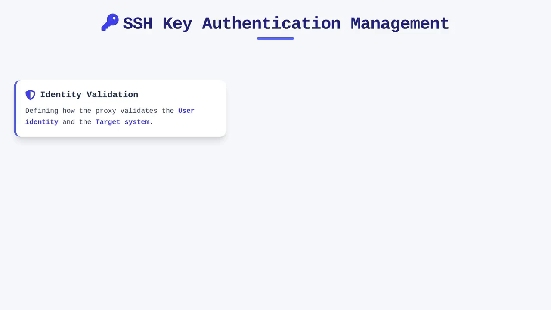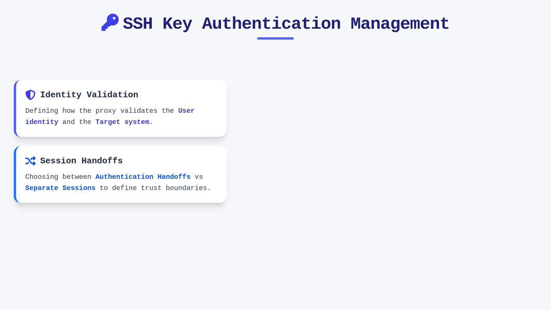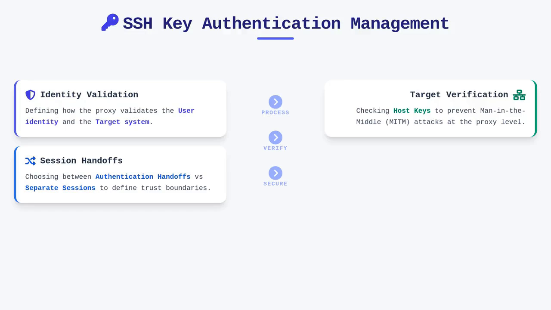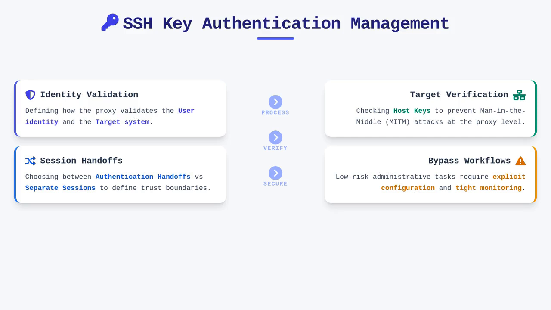Managing key parameters involves configuring whether the PSM performs authentication handoffs or maintains separate sessions, which directly influences the trust boundary between the components. In some environments, implementing bypass workflows may be necessary for specific, low-risk administrative tasks, but these deviations must be explicitly configured and tightly monitored to prevent unauthorized credential exposure. Target verification configurations add an extra layer of assurance, checking the host keys of destination systems to prevent man-in-the-middle attacks